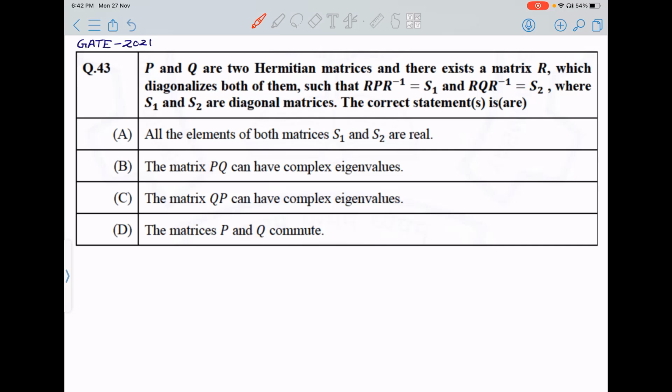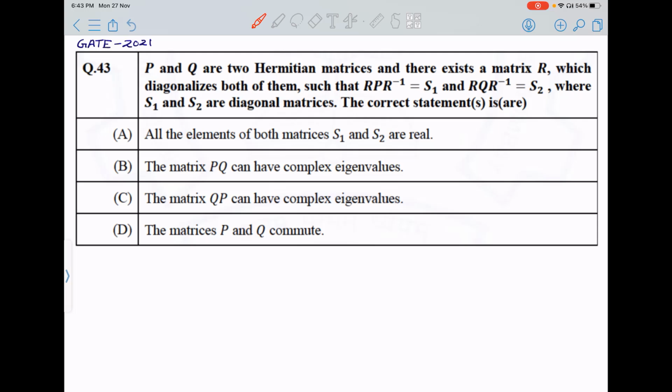Hello. This question is from GATE 2021 and is from the domain of mathematical physics. The question states: P and Q are two Hermitian matrices and there exists a matrix R which diagonalizes both of them, such that R P R inverse equals S1 and R Q R inverse equals S2, where S1 and S2 are diagonal matrices. The correct statement or statements is or are: